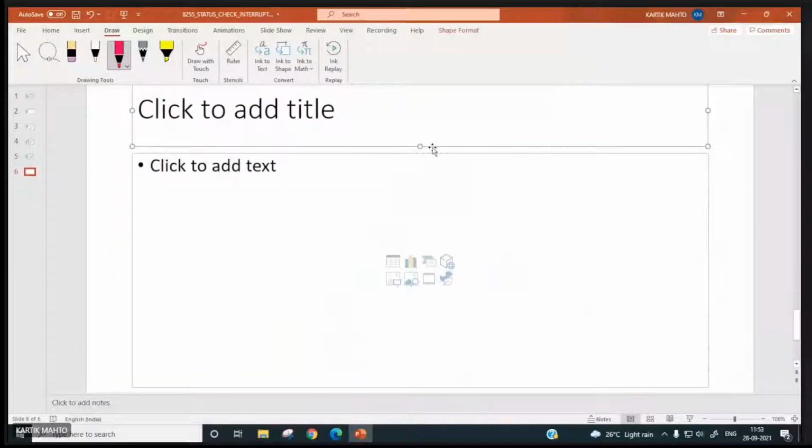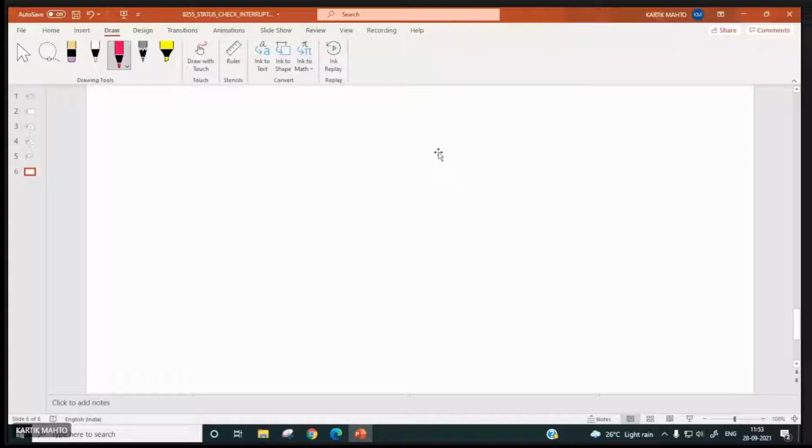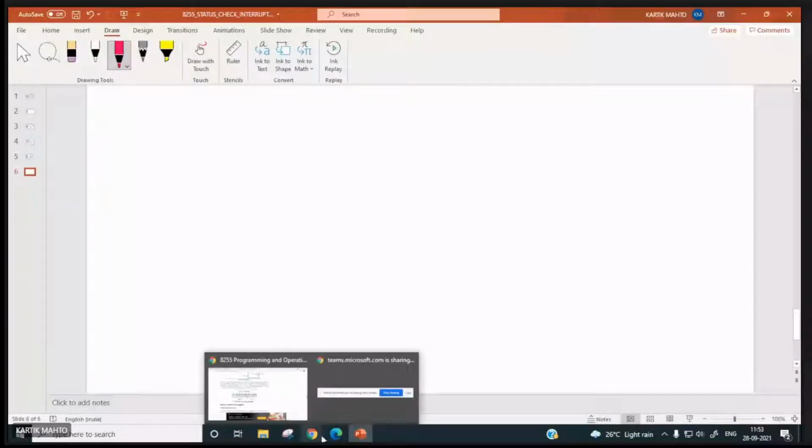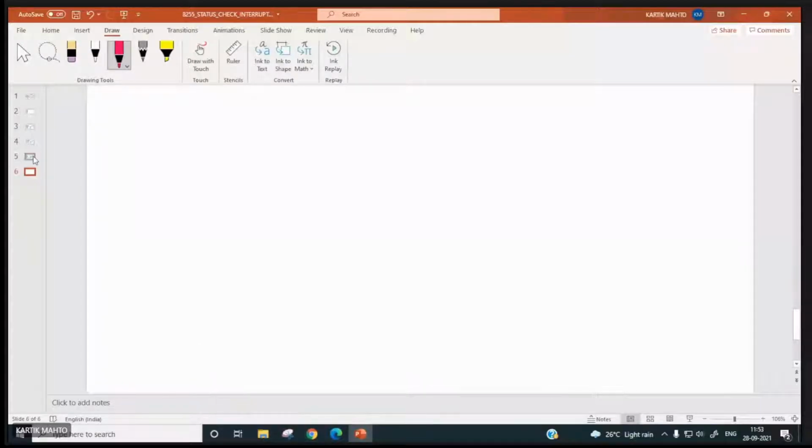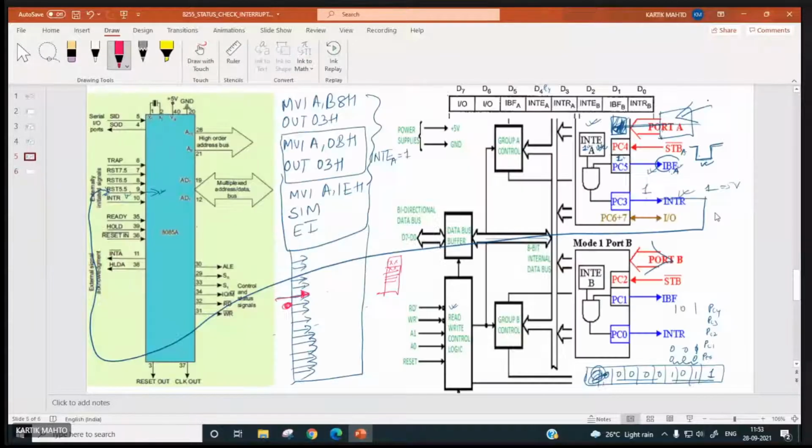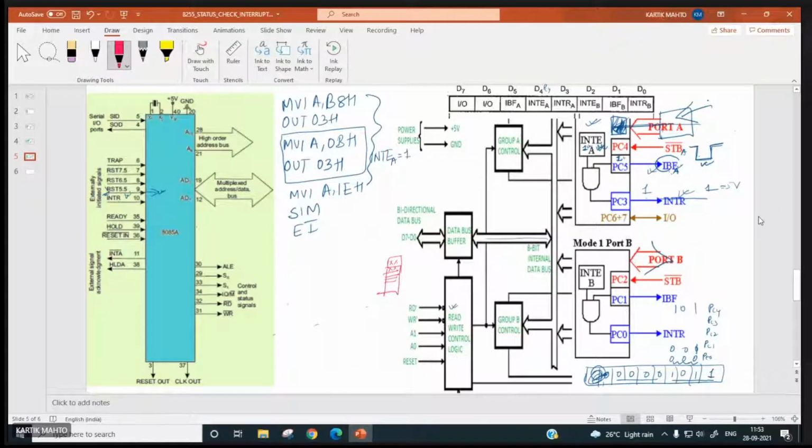Now I am writing the ISR of RST 5.5. Of course, after here you will have what? LXI H, 2400H, MVI C, 0FH, and then it will continue with its program.